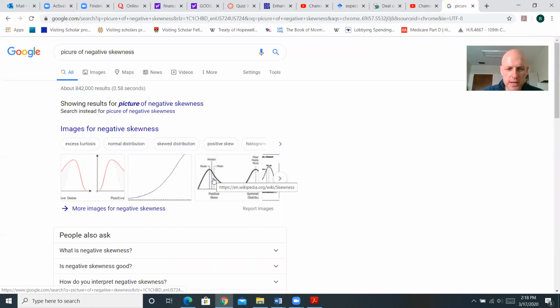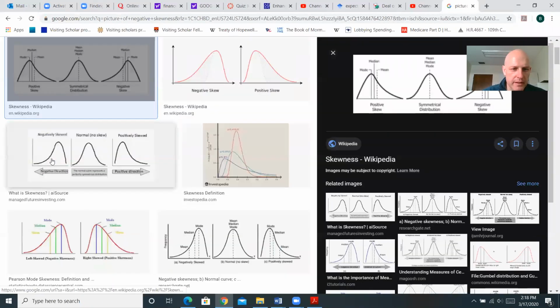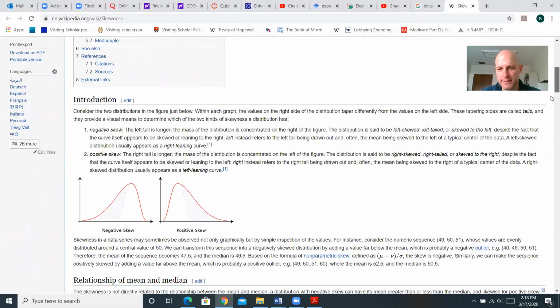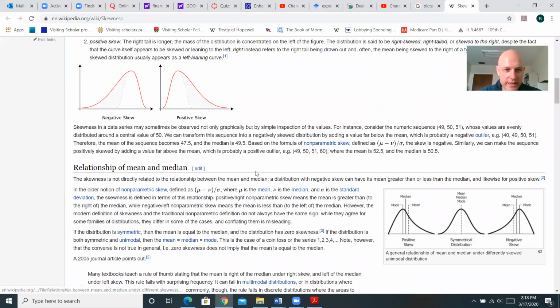Picture of skewness. So if I were to click on this particular stock, it has positive skewness. Notice that the mean return might be somewhere right here. And what happens is the majority of the distribution is on the left-hand side of the mean, but there's a small probability of earning huge returns, okay? On the other hand, if the mean is here on this stock that is negatively skewed, the majority of the return distribution is on the positive side of the mean, but there's a small probability of losing